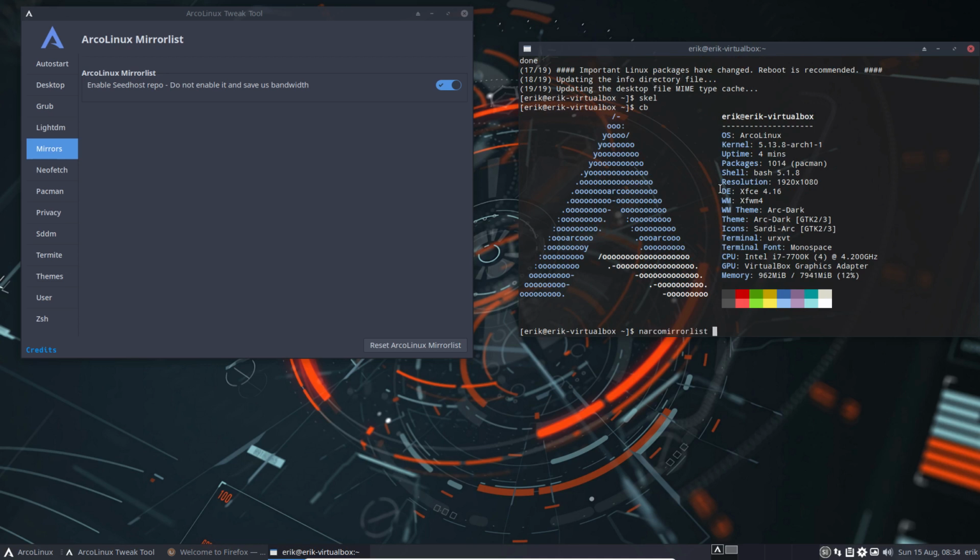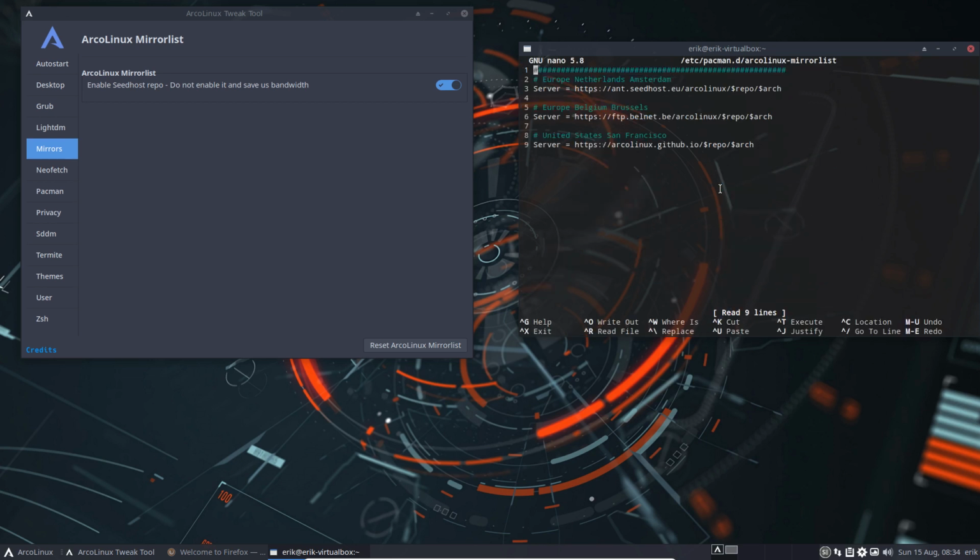So now I can show you the arco mirror list, right? nano arco mirror list. So this here is the server of seed host. Remember the thing we did before? When we do this and open it again, it has added a hashtag in front of it, meaning it's just going to be text. It's not used, meaning it's going to get all the packages from Belnet. Bandwidth is costing us €0